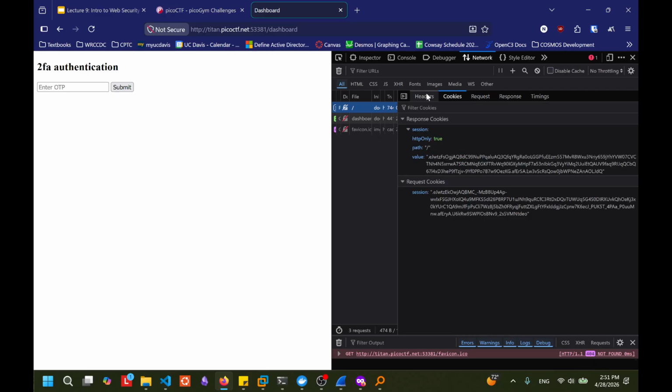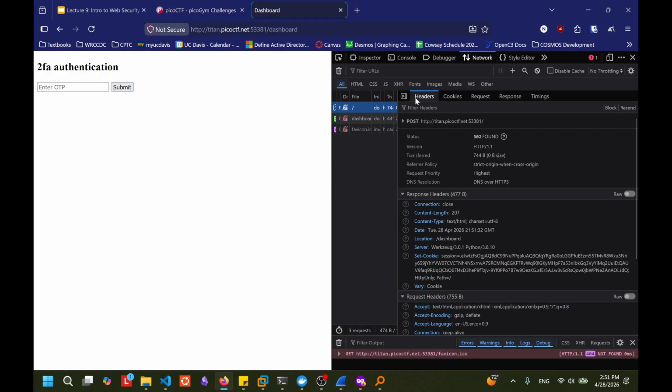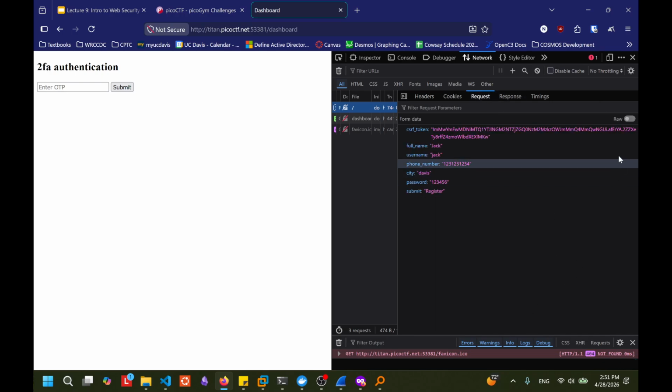Response cookies. I mean, there's a session cookie, HTTP only. Request. It's not going to show it in plain text format, but this is just a request. Let me do raw. Okay, that's very ugly to read. I'm just going to read it normally. Okay, it's just sending data, whatever. 2FA. What if I?